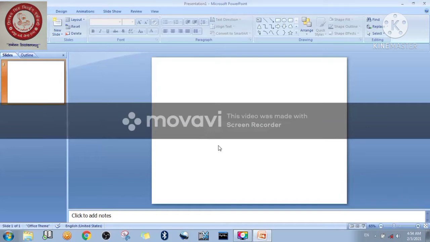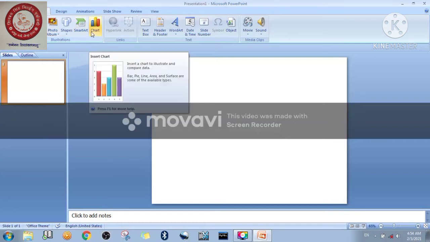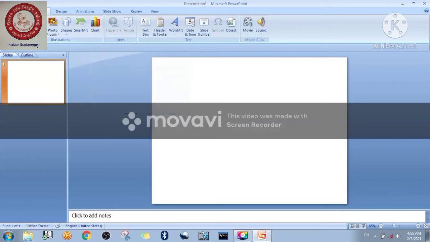Okay, so once it is changed, you need to insert a table, right? So how are we going to insert that? Just go to the Insert tab, and after that go to the Table group. The Table group is located at the first part, that is this one.